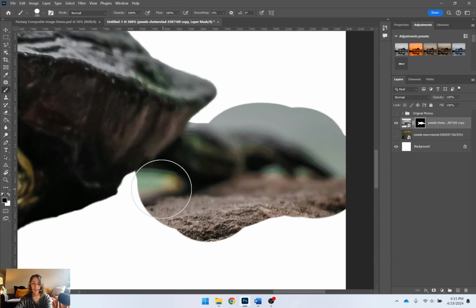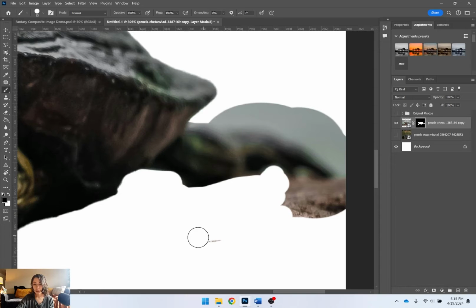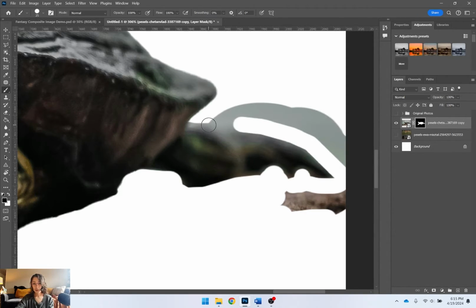And I'll zoom in, and we can start kind of clicking away at it. And remember last time, what I was doing was click, hold shift, and click again to get a straight line. Alrighty, so that's not terrible, not the best, but